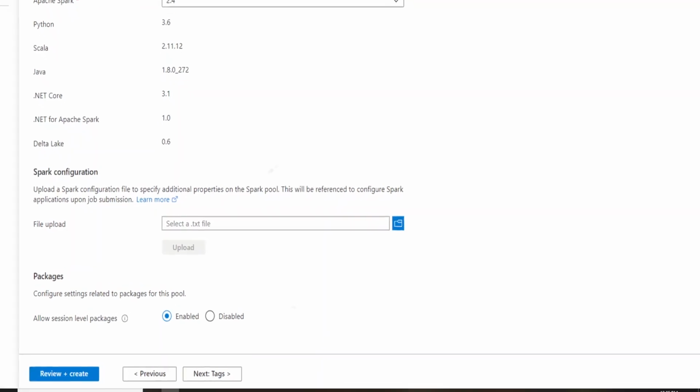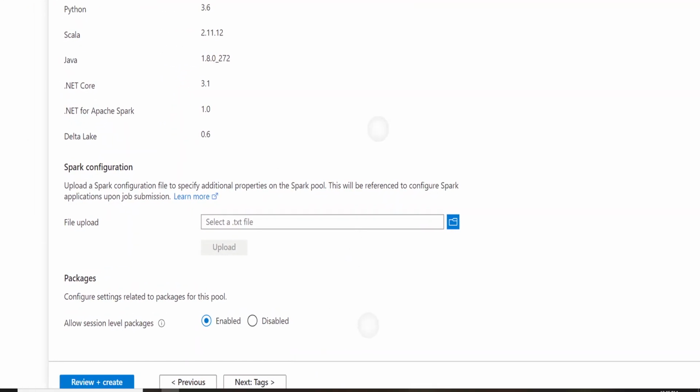Coming on to the packages, you have Python, Scala, .NET, and Java. That means you can add additional functionalities by adding different libraries. Since you have such a strong foundation, you can install different libraries related to Python or anything of that sort, and these packages work well there.